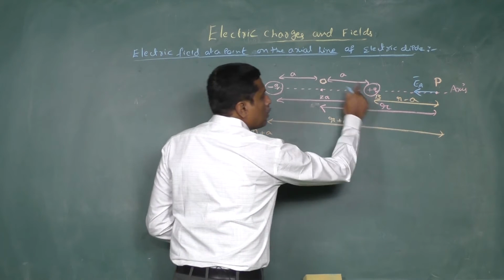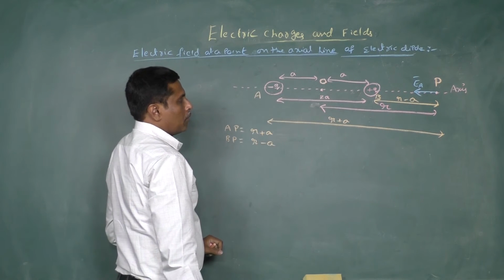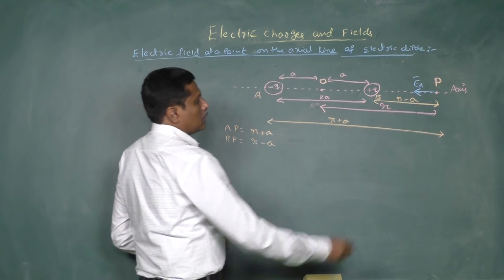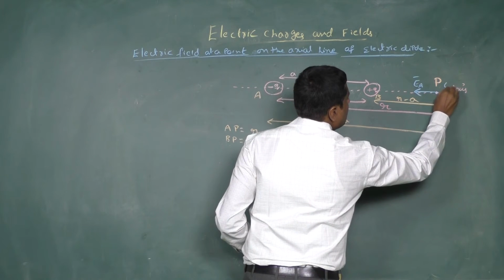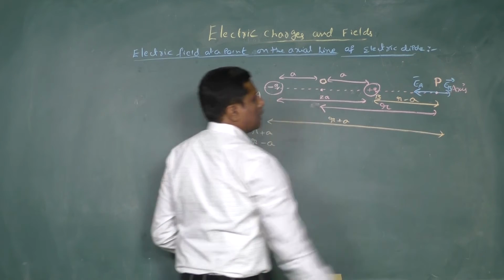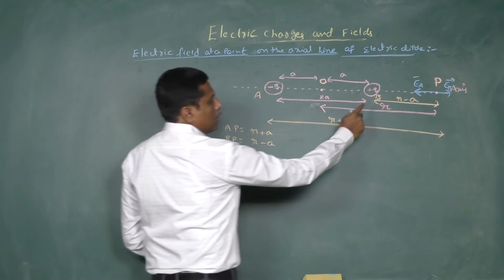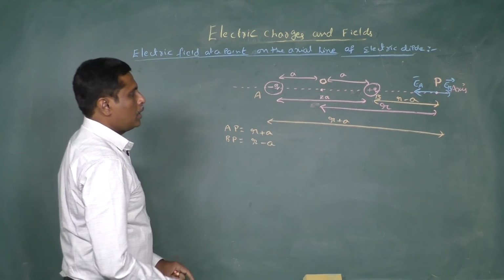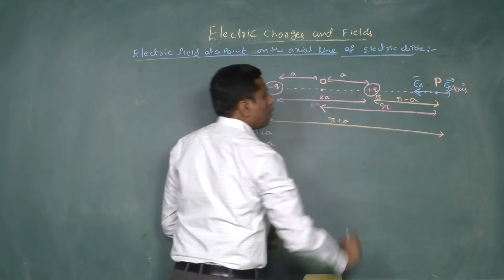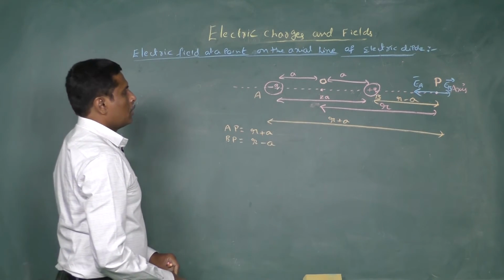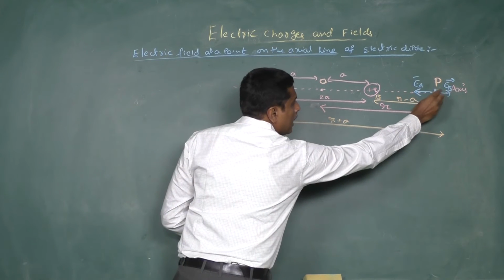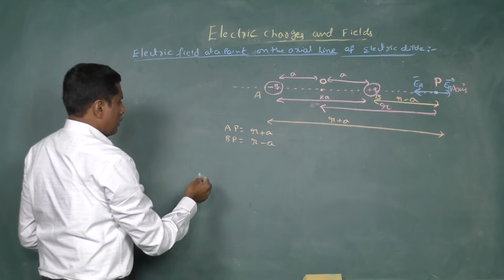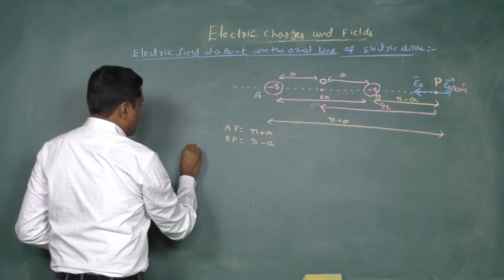Now, this is a positive charge. The direction of electric field at the point P due to this positive charge is taken as EB bar. It is always radially away, or outward direction, from the positive charge. So the net electric field at this point P is equal to